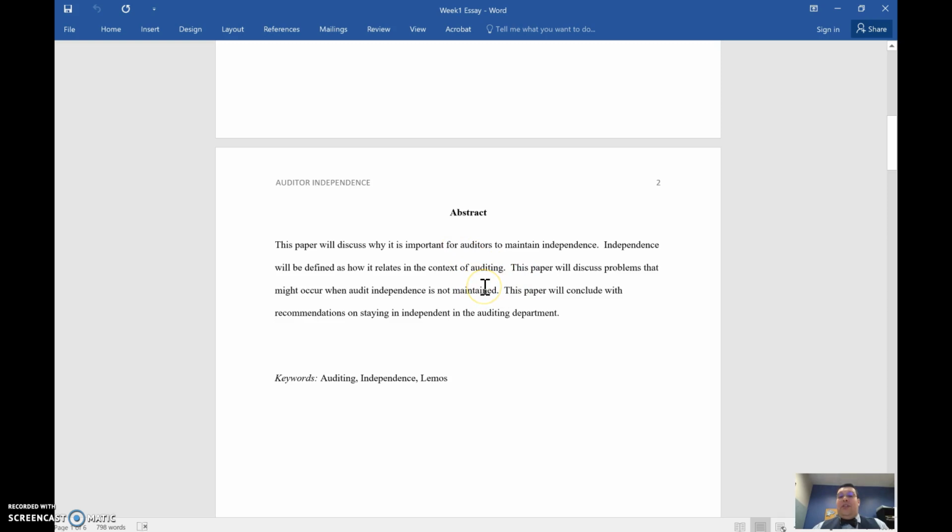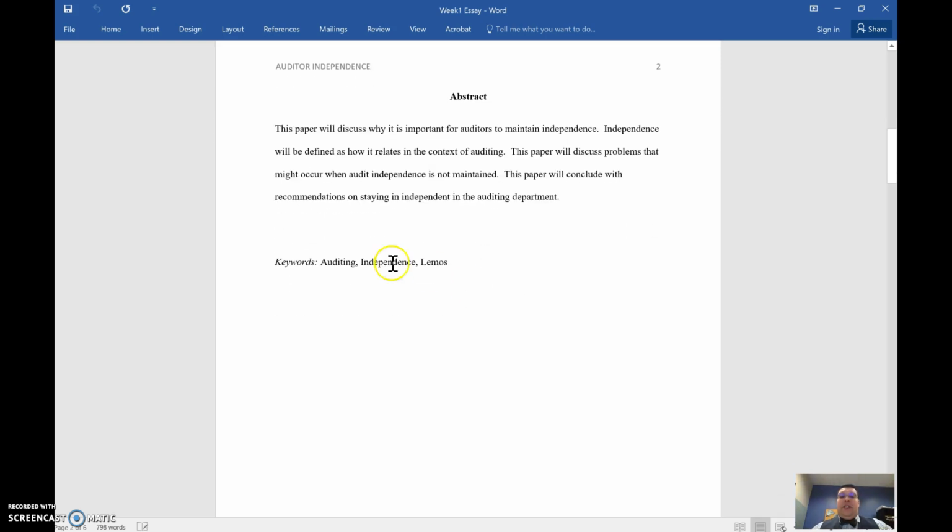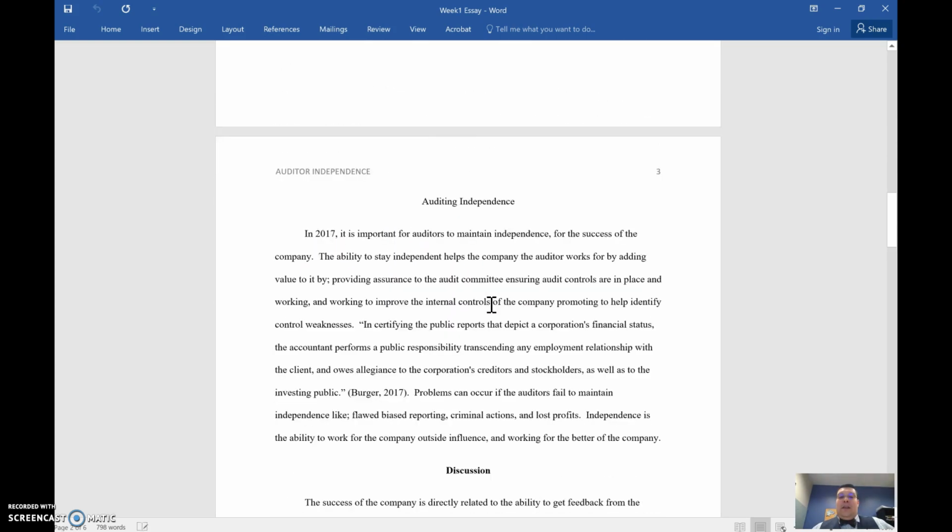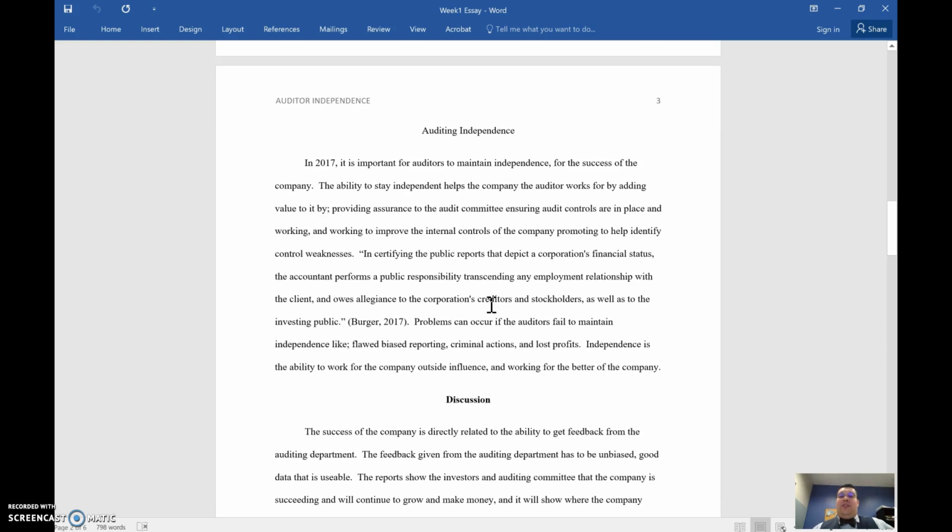Sometimes it's easier to write your paper and then come up with the abstract and say, okay, this is what I'm going to talk about, and this is what's contained in the paper. Once again, keywords: auditing, independence, and then your last name. The third page should be the start of your paper. So we have the title,